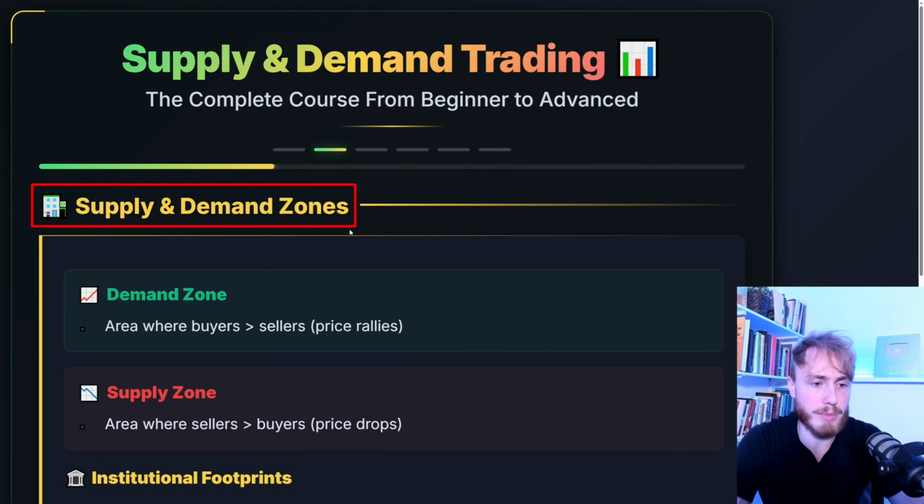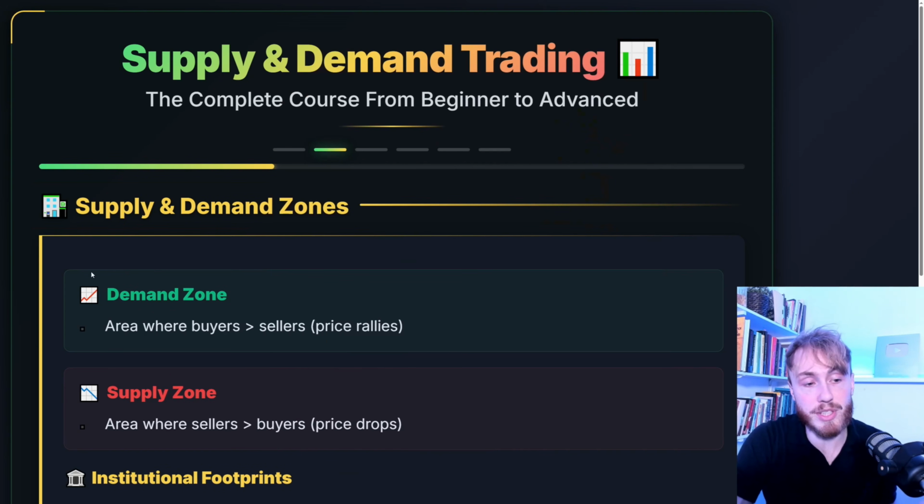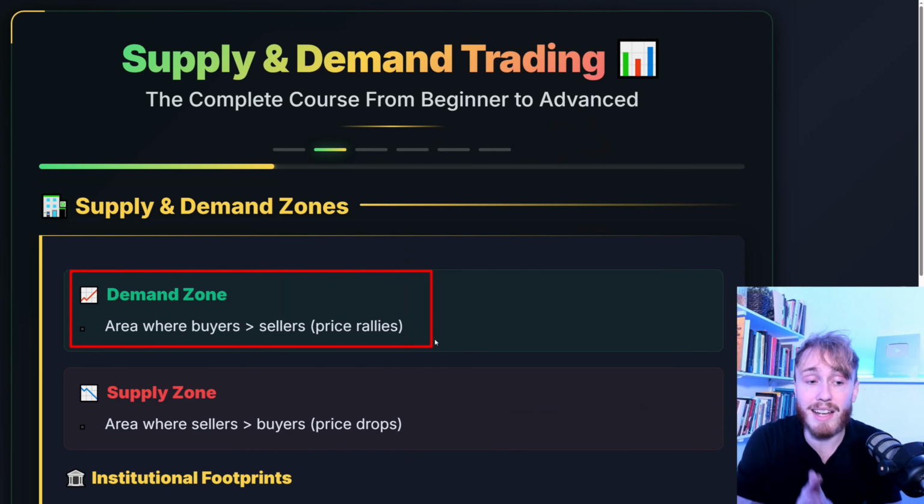And what are supply and demand zones? Well, these are zones we traders mark up on our chart, and we use these zones to trade. So we use these zones to find entry levels, target levels, and even where to place our stop losses. But in very simple terms, a demand zone is an area on the chart where we have more demand than supply, or even more simply put, you can think about it as an area on the chart where we have more buyers than sellers. And this leads to big price movements